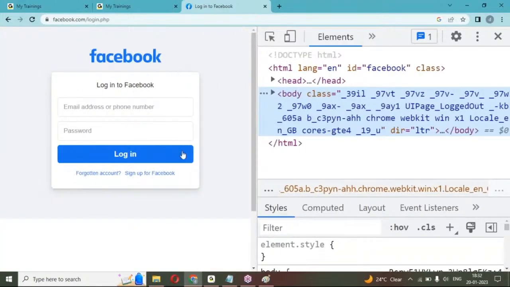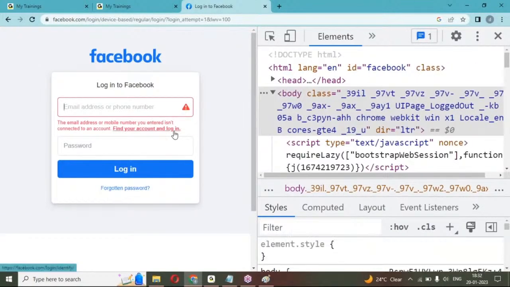See here, once I click the submit button, you are not redirecting. Here it is giving error messages. These buttons and text boxes are by HTML. Colors, background colors and alignment are by CSS. Error messages, validation messages